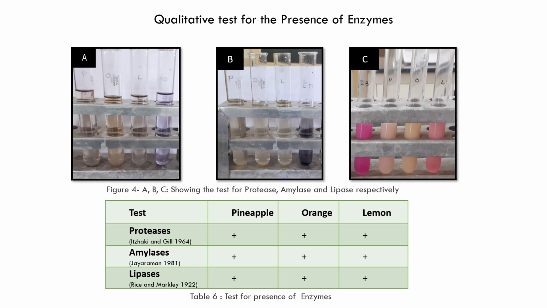In the lipase test, alkaline full fat milk was taken as a substrate. A few drops of phenolphthalein was added as a pH indicator. In the enzyme blank, you can see that the pH is very high, indicated by the pink color of the solution. In the samples that were treated with the enzymes, you can see that the lipase present inside the